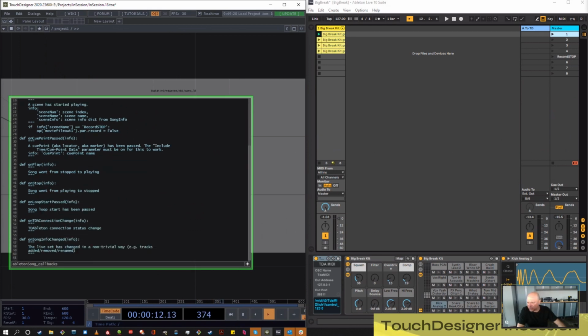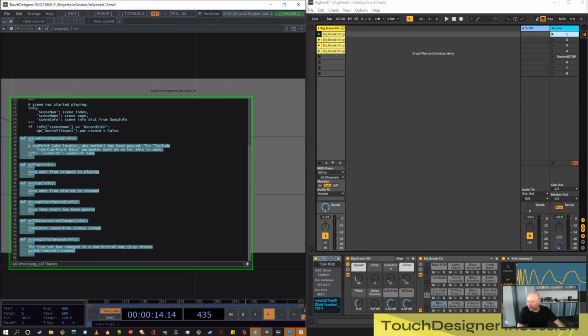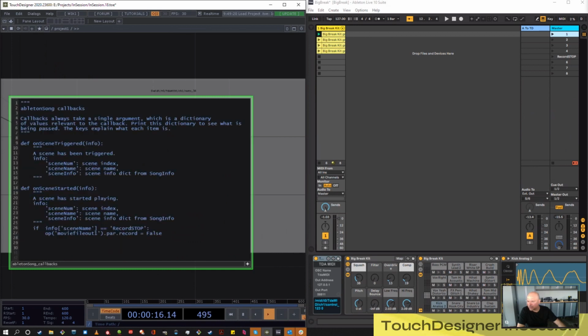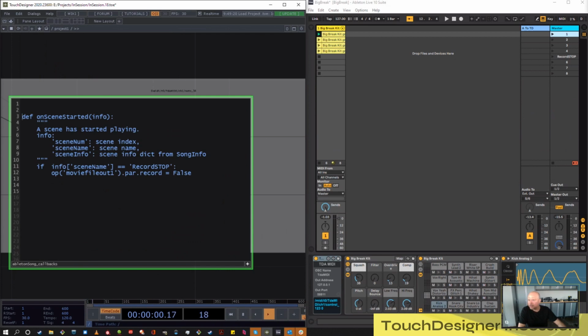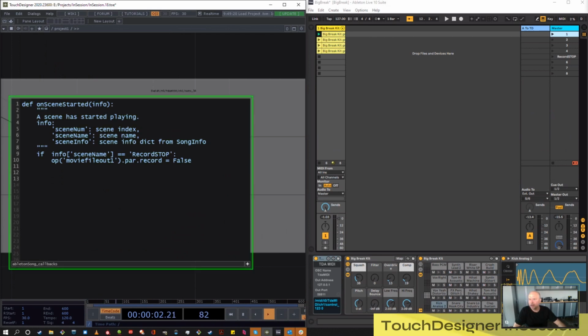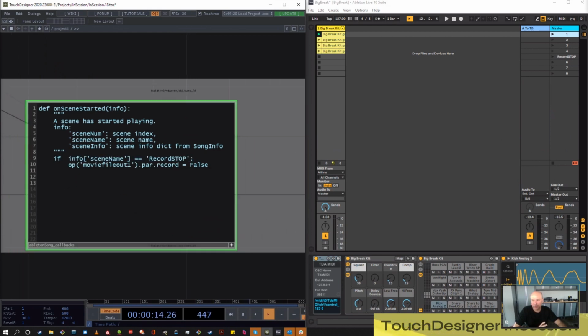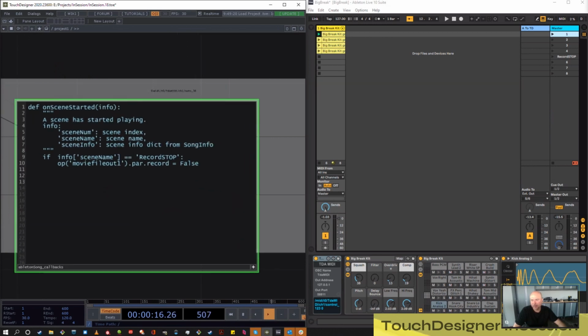And I can delete all this extra code here just so it's not confusing. So there's a callback called onSceneStarted. So when a scene starts, this callback will get run. And so you just check to see if the scene name is